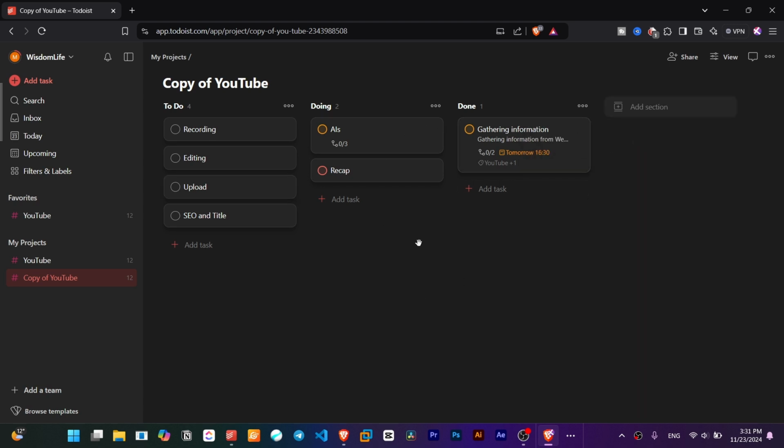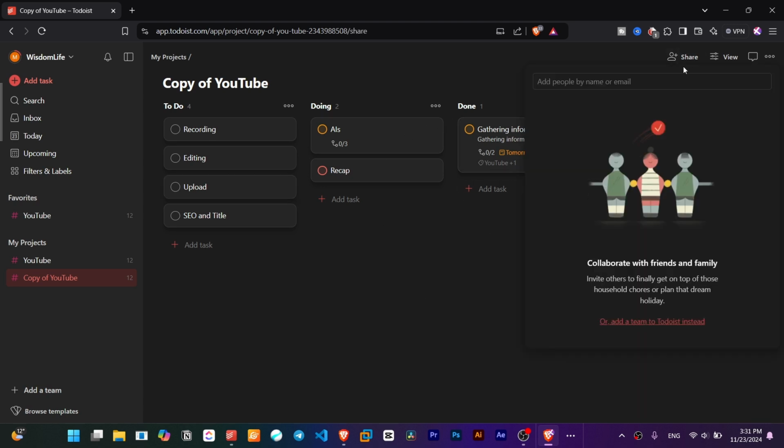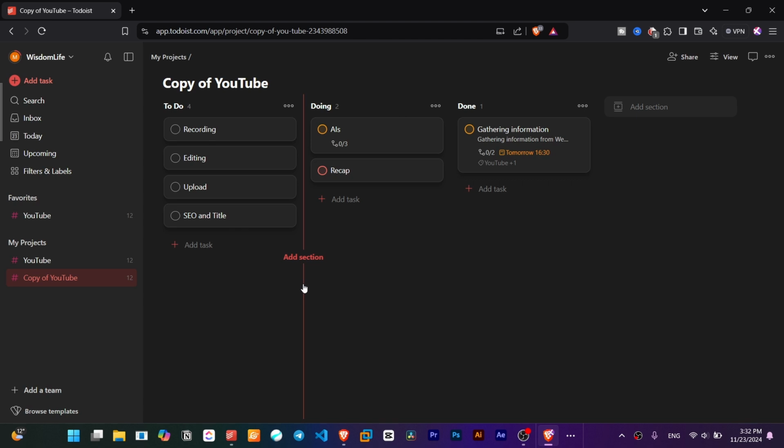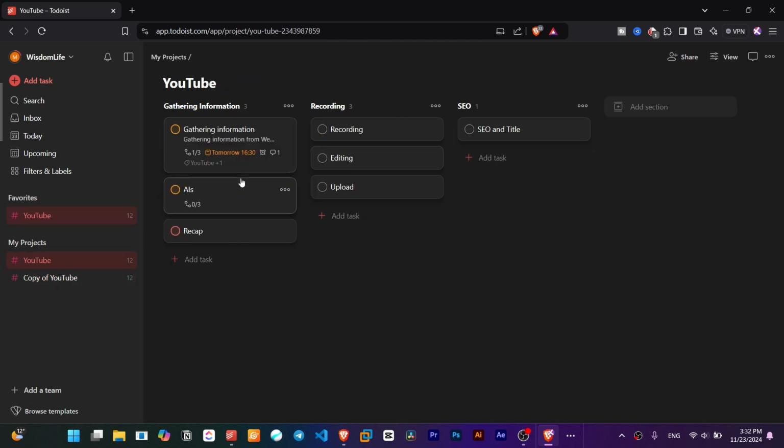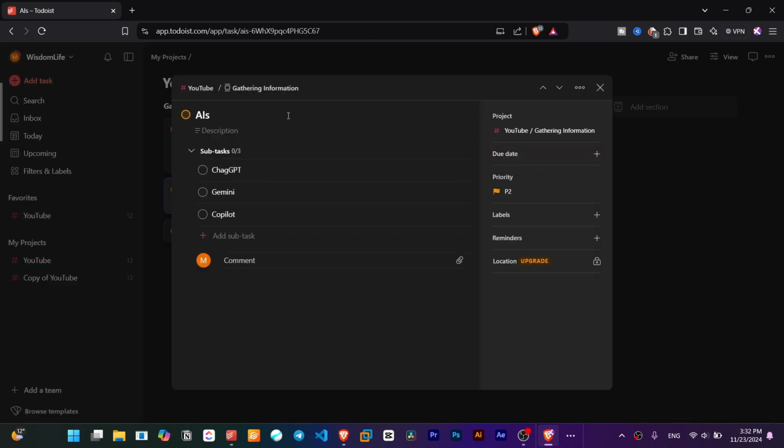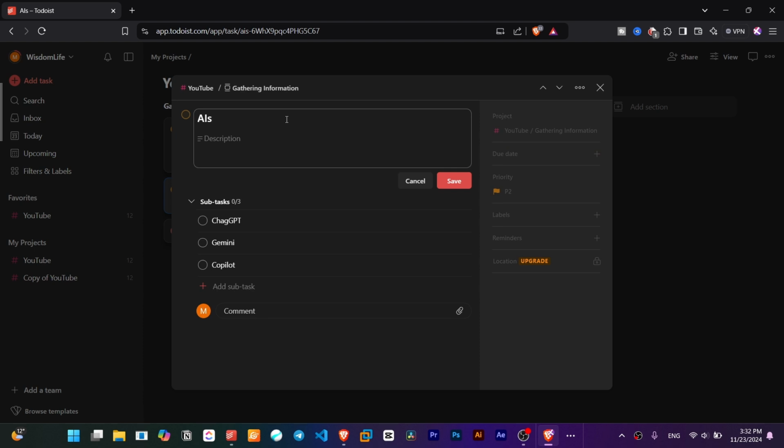We can share this project with other people as well, but they should have an account on this website, Todoist.com. And it's going to be useful for you if you're working in a team. Okay, I'd like to dive into the natural language recognition that Todoist does very well, and I'll provide some examples that could be useful for you in order to